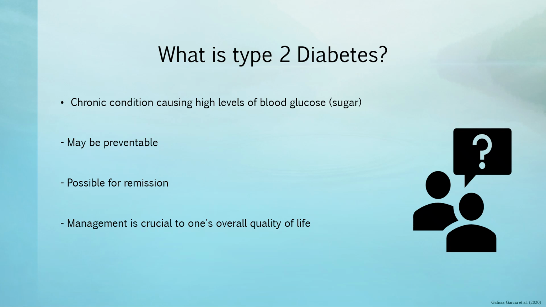And thankfully, type 2 diabetes can possibly be prevented, and it also is possible for remission if certain changes are made, specifically pertaining to your lifestyle. Individuals with prediabetes may be able to prevent becoming a diabetic with good diet, exercise, weight loss, and stress management. And with proper diet, exercise, stress management, and medication adherence, type 2 diabetes can potentially be controlled and possibly